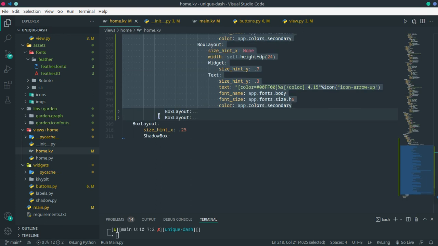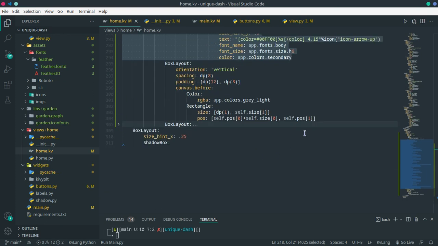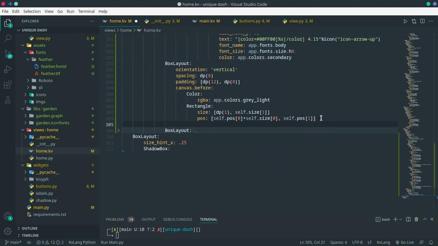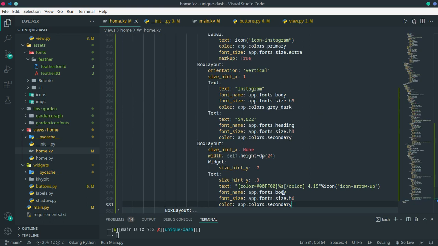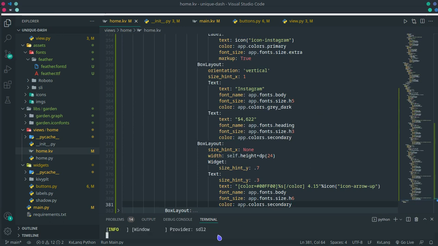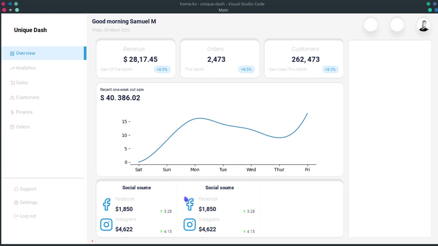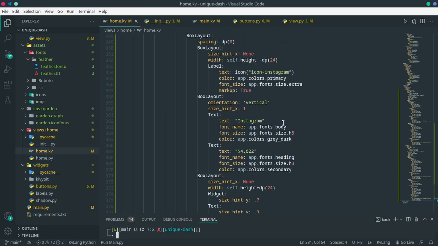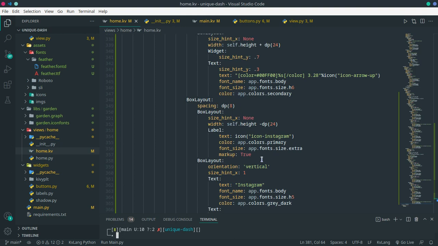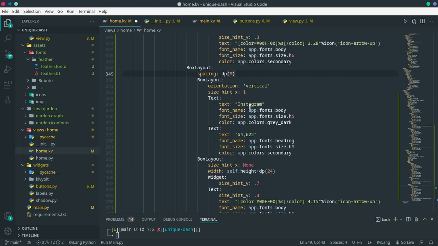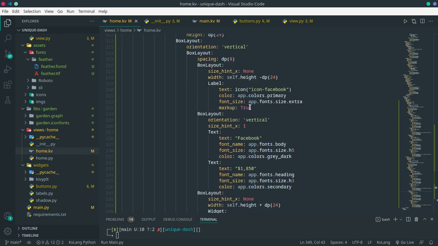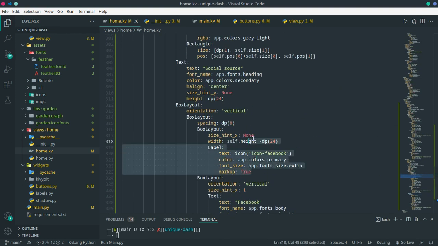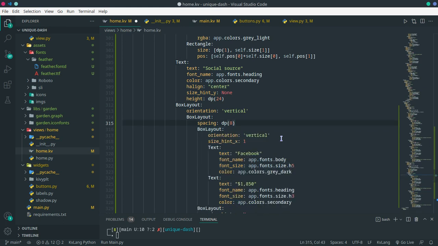Let's copy it to our next box right there. Paste it in there. So now if we run this, we should have identical cards now. Boom, boom, cool. Now all we have to do is go to our Instagram here and remove it. All right, and then go to our Facebook and remove it again. So remove that,